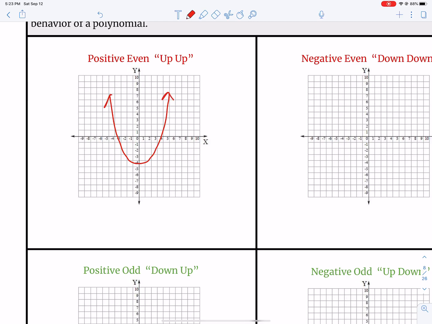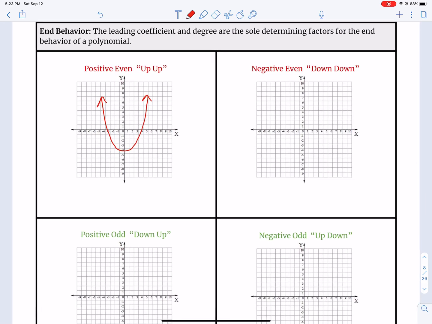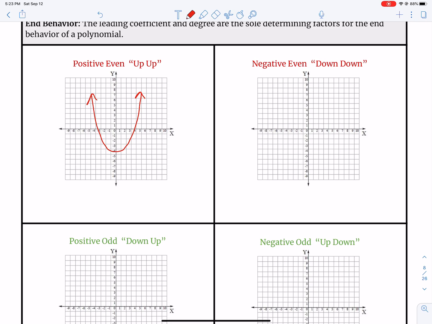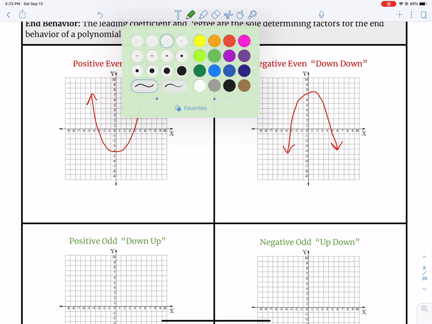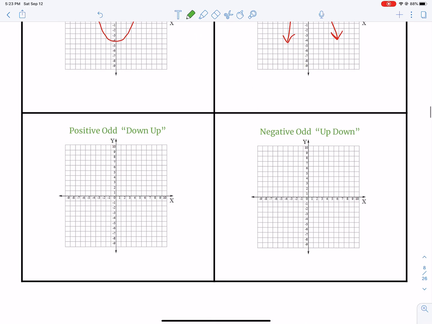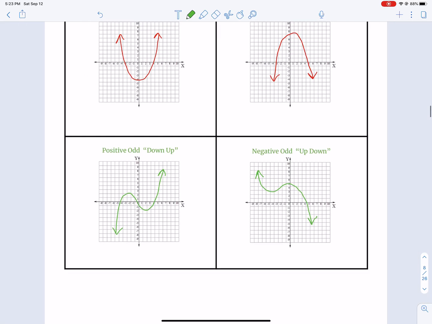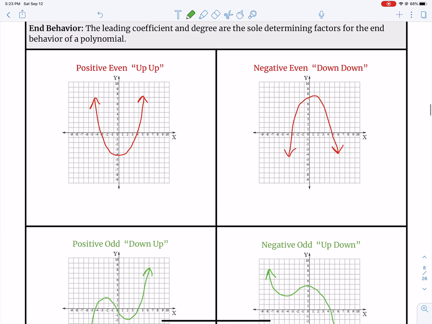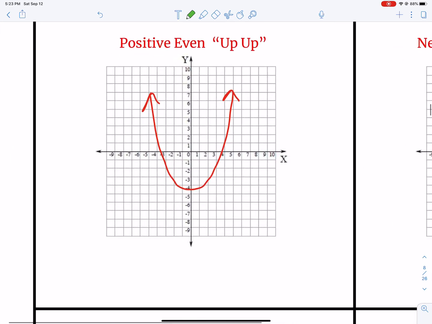It would look something like your basic parabola that faces up. If it's negative and even, it would behave in the same way as a parabola that's facing down. If it's positive and odd, it behaves like a cubic function that's going up. And if it is negative and odd, it behaves like a cubic function that's facing down. All right, so let's go back and focus in on each one of these and describe the end behavior of